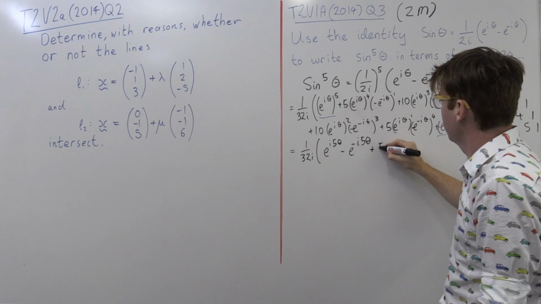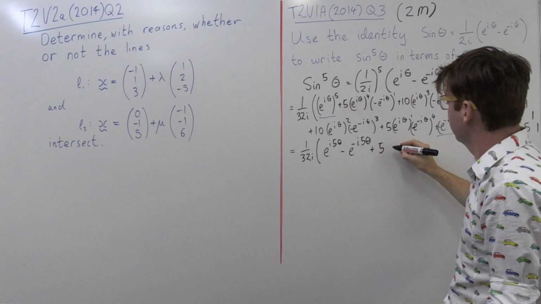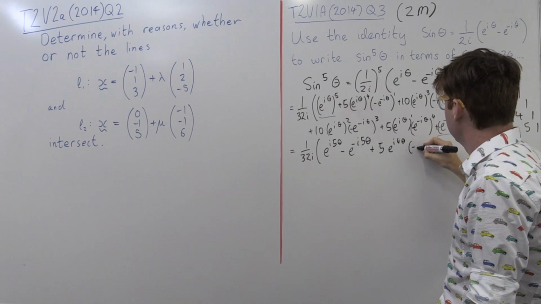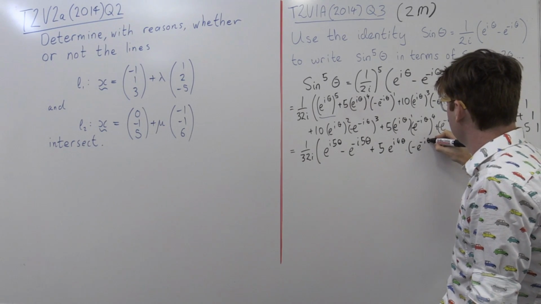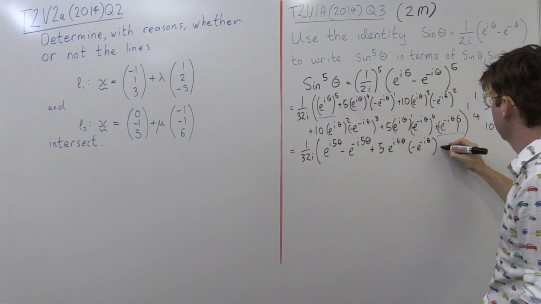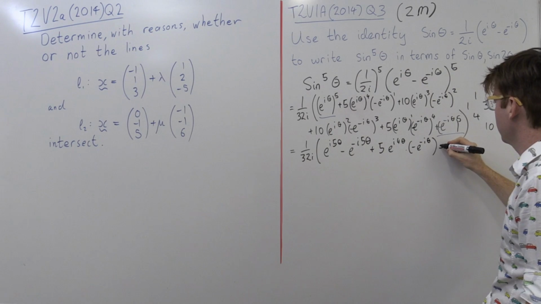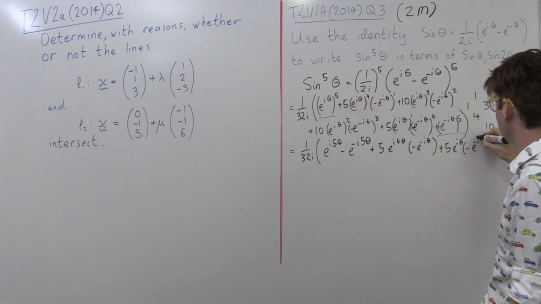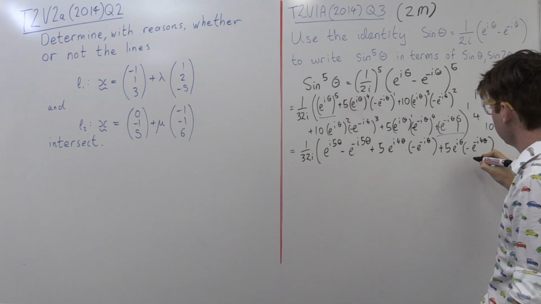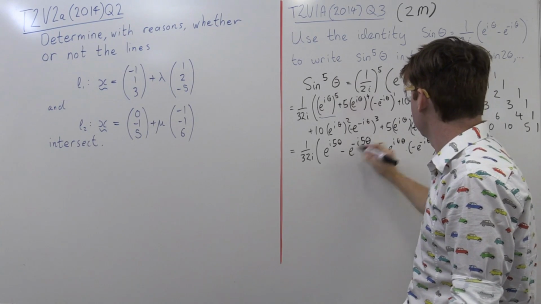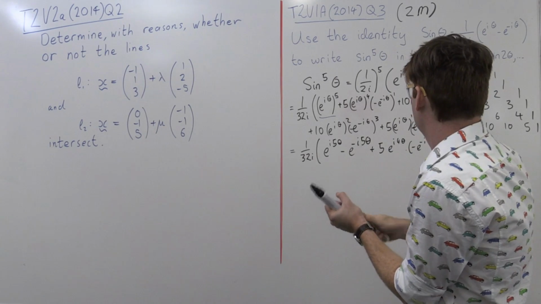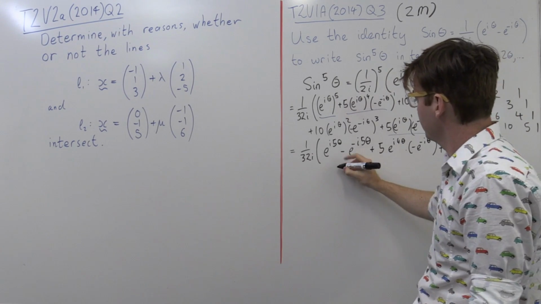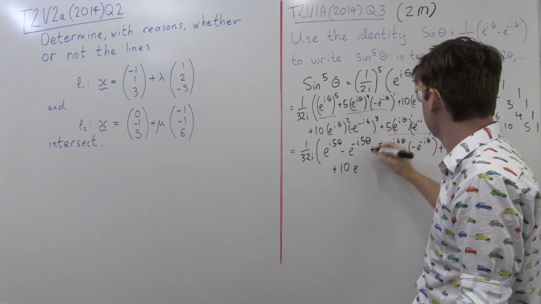So this is plus 5 e to the i4 theta times negative e to the negative i theta. And over here I'll do the other 5 one as well, so that's plus 5 e to the i theta times negative e to the negative i 4 theta, and the ones with the 10, so I've done that one and that one, and now I'll do the remaining 2, so that's plus 10 e to the i